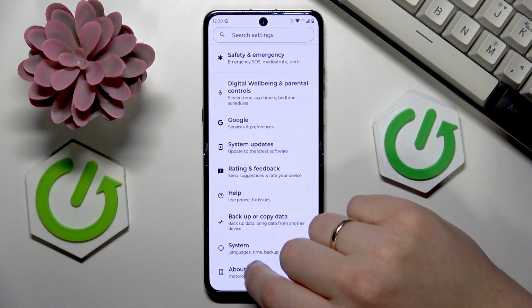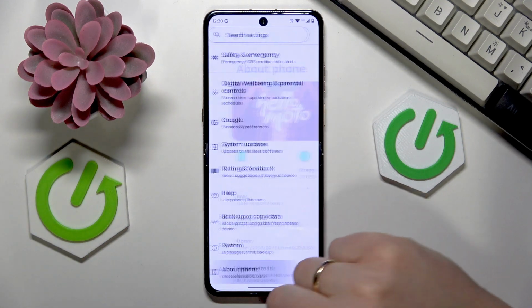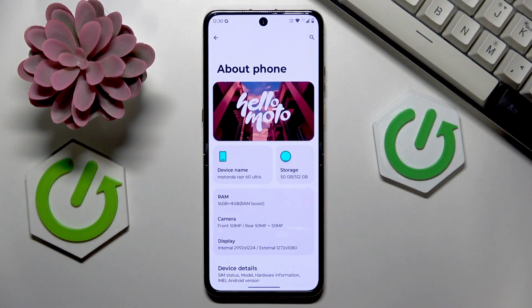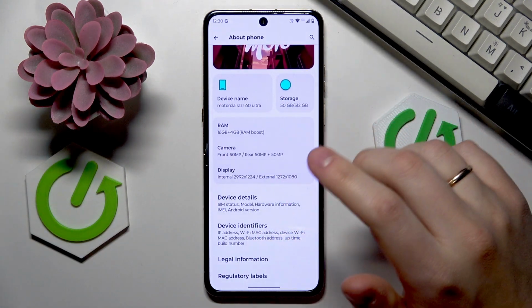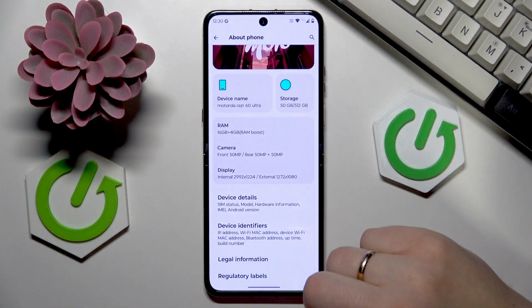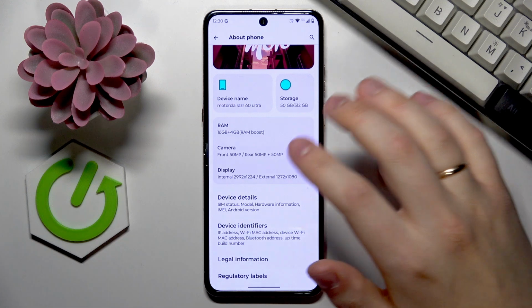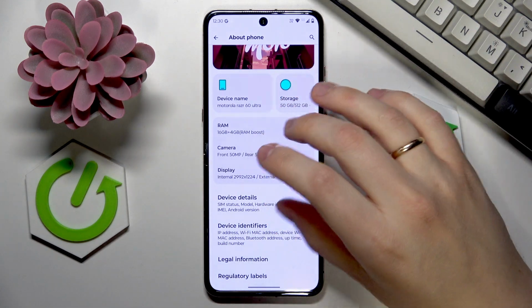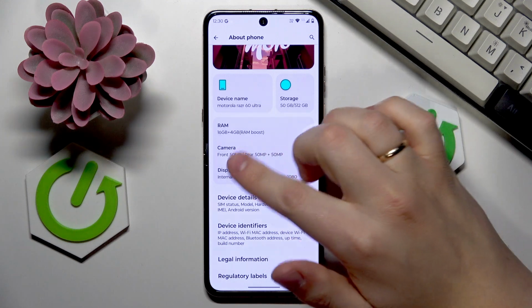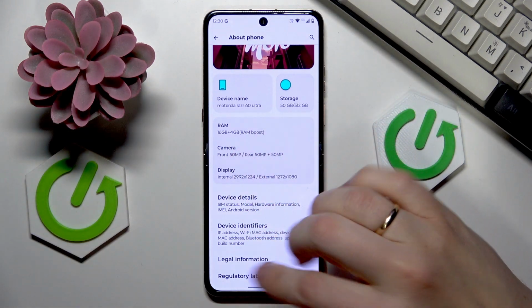Next, look for the System or About Phone category. Just make your way to device specifications somehow. Now go into the software information or device information or software specs, something along those lines, or on certain devices you'll be able to find the Android version on the About Phone page directly, which is not true with